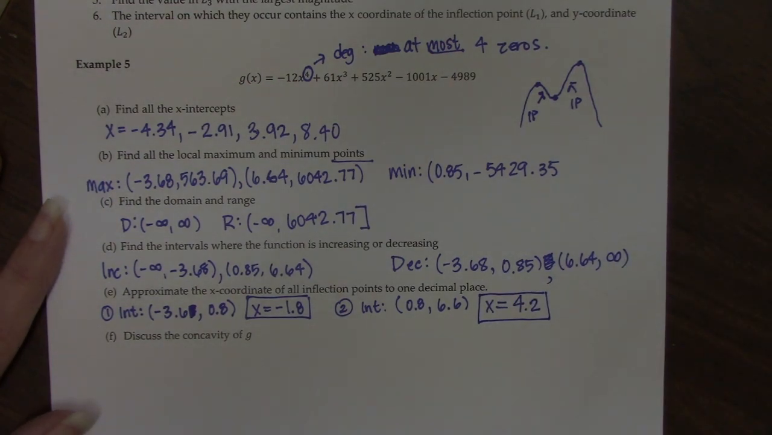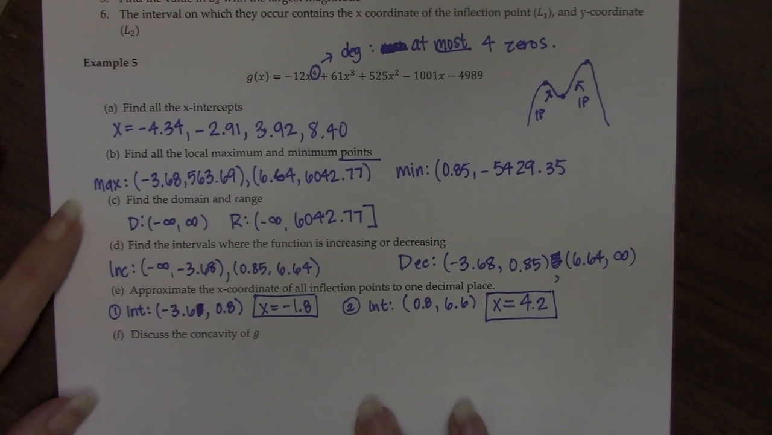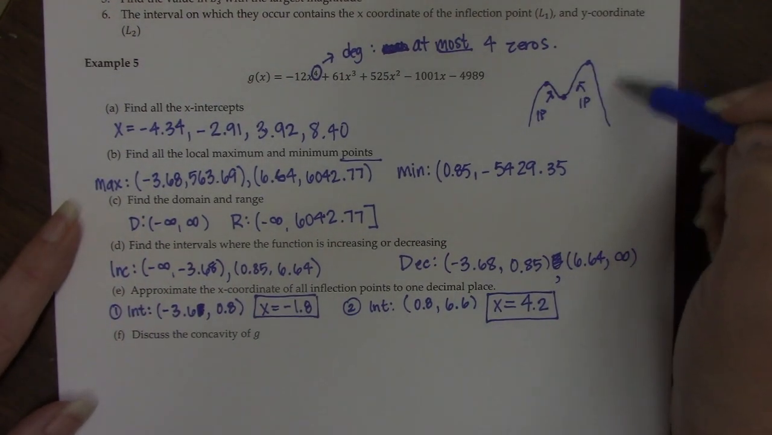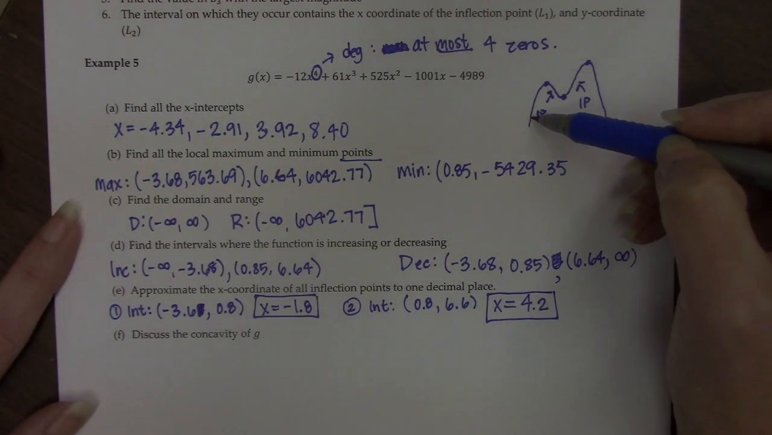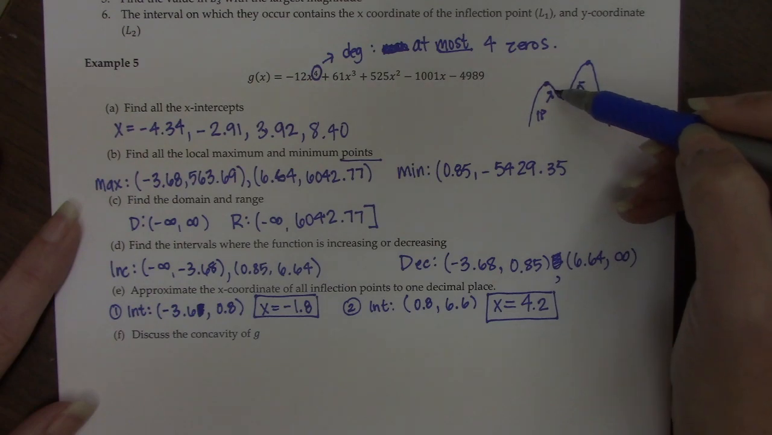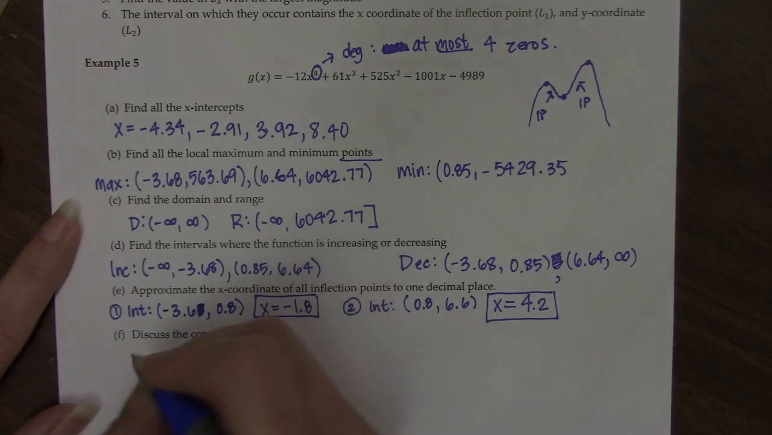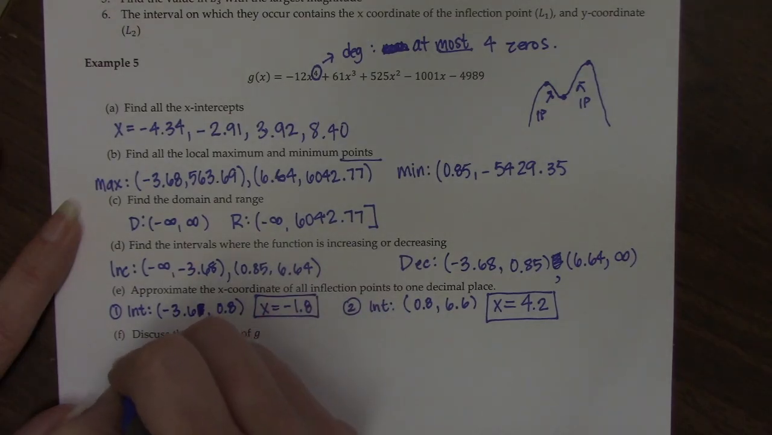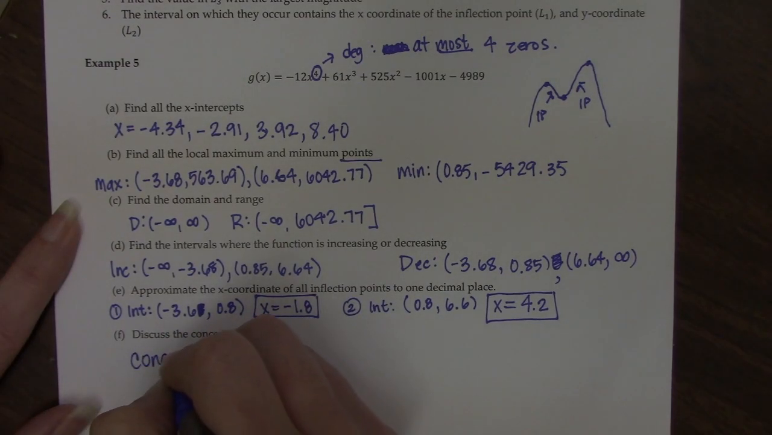Right, so now it wants us to discuss the concavity. So this is where this sketch can come into play. So we can see here the graph is concave down until you get to your inflection point, and then it's going to change. So the graph